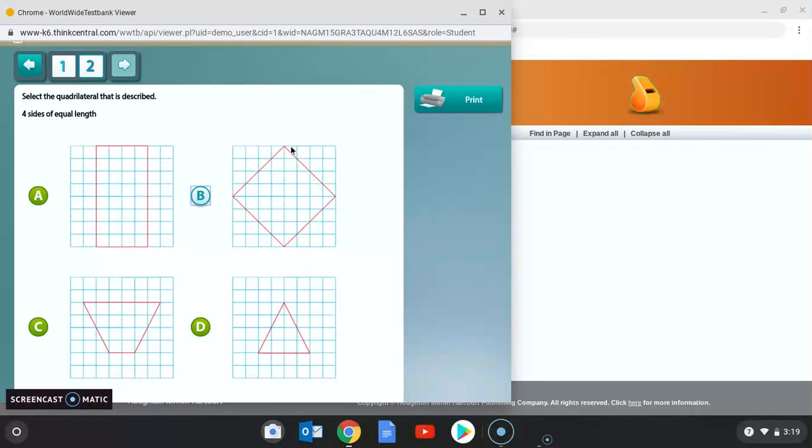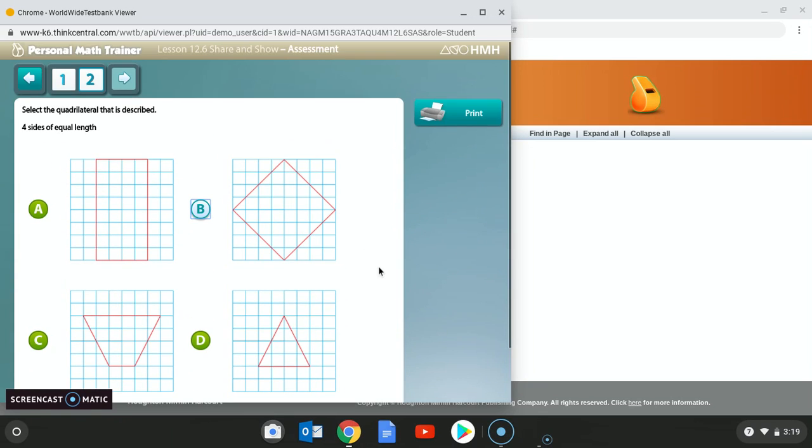I know that these are all equal sides, and A, C, and D are not being described using this sentence. So I hope that's enough practice and enough explanation for you to be successful on your last